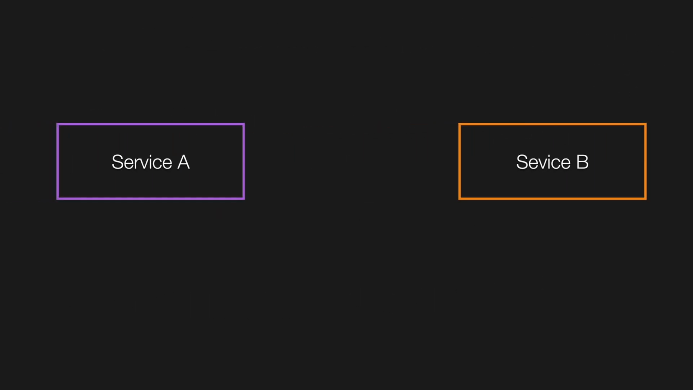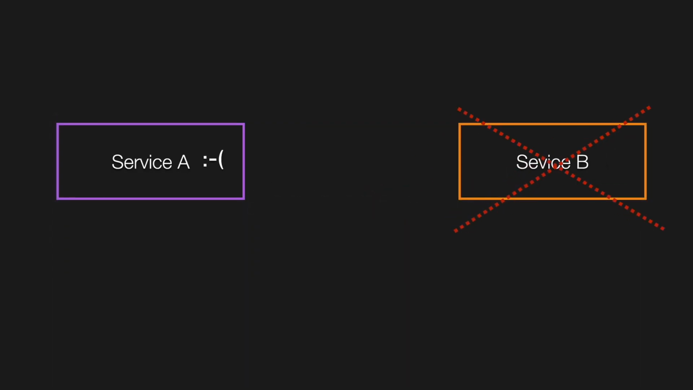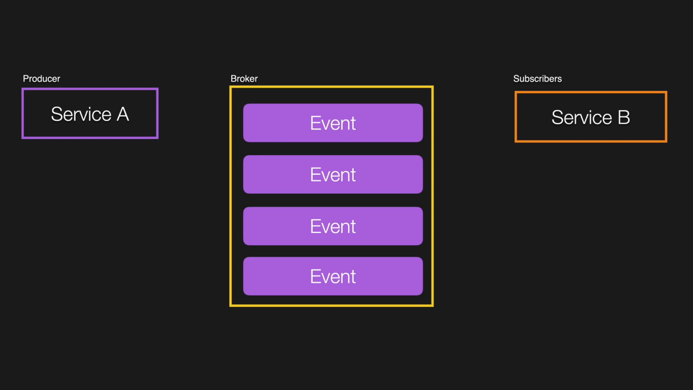So let's take a look at our first example. We're looking at service A and service B in a traditional model of a REST interface, where the first service is tightly coupled to the second service. What that means is when service B blows up, it takes out service A at the same time because of the hard coupling it has. So how is this solved with